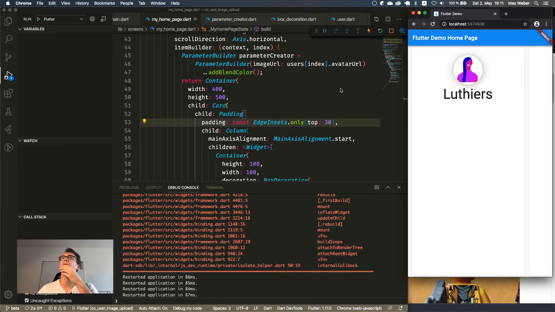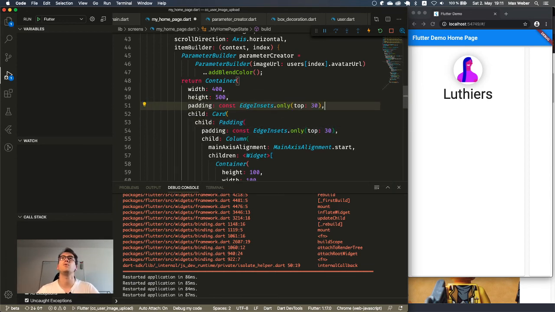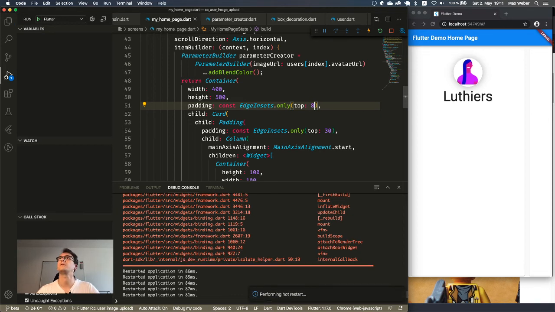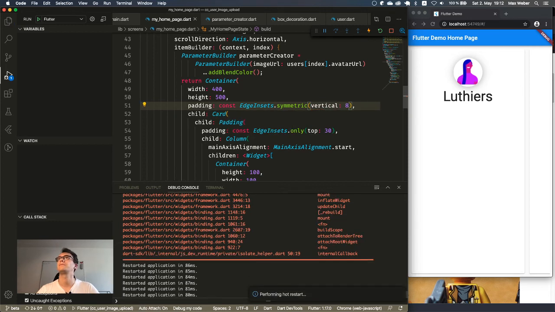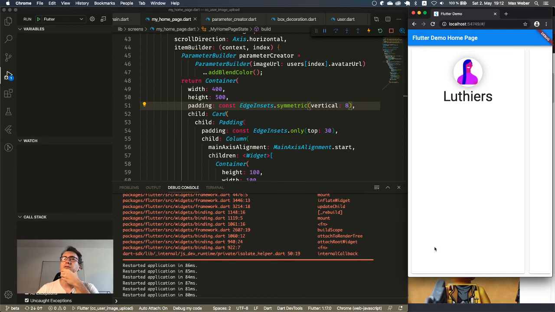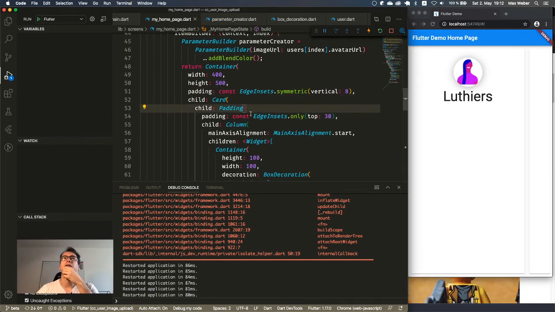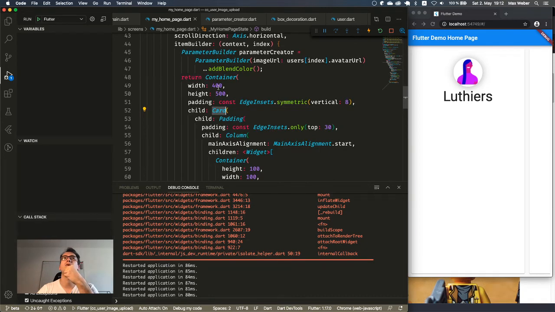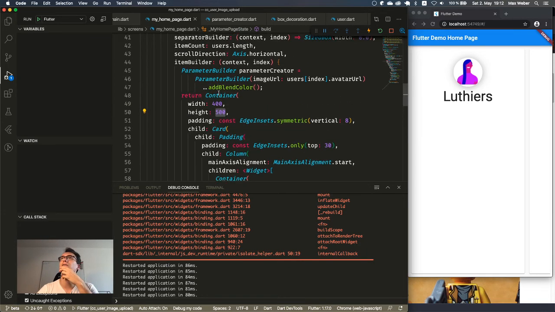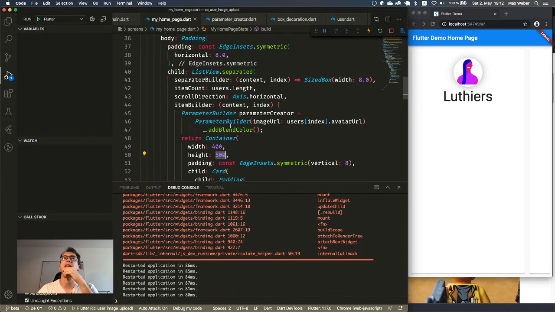So now it looks a bit better here, but still the container surrounding it needs a little bit more padding on top, maybe an 8. So. And also here we can have a symmetric one with a vertical. Yeah, better. But why is my card now so big still? I don't like that. I wanted to have that card smaller. That's why I gave that container 500 of height. But he ignored me. That happens whenever we have a full width here.